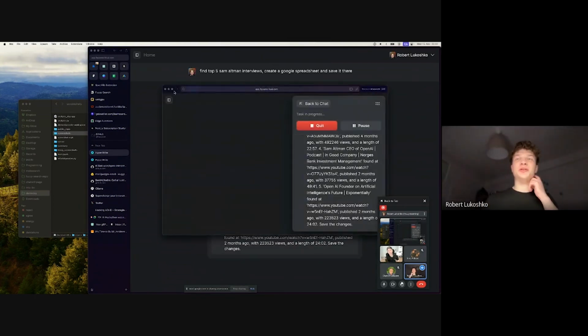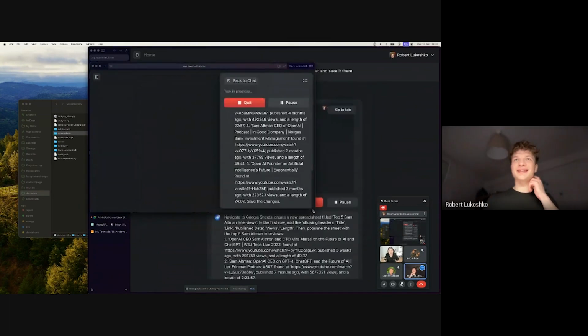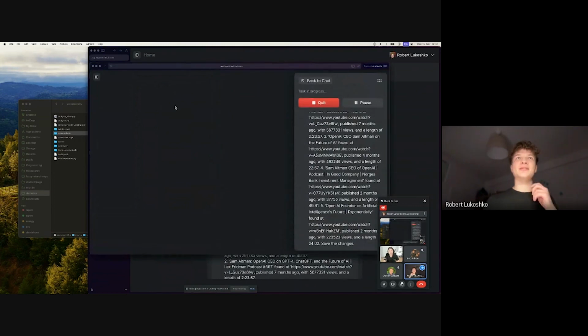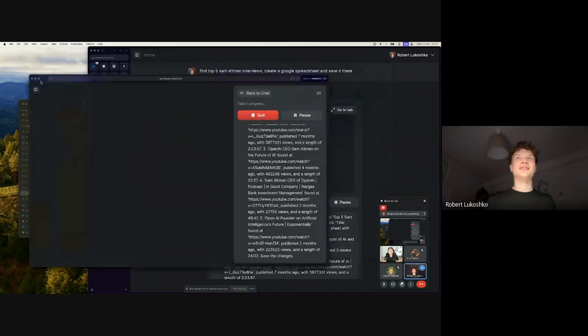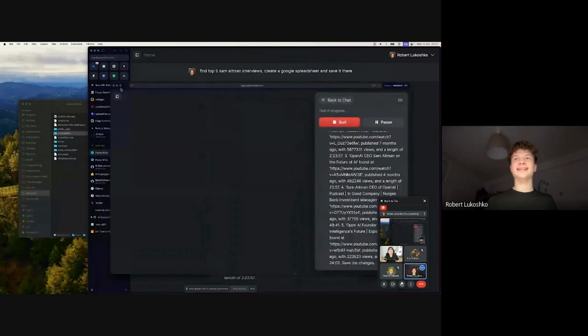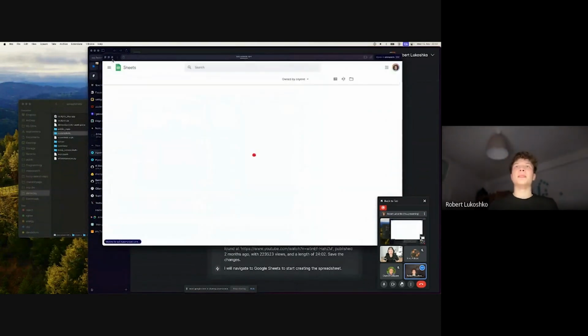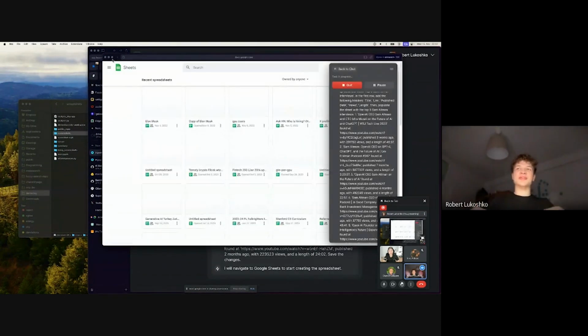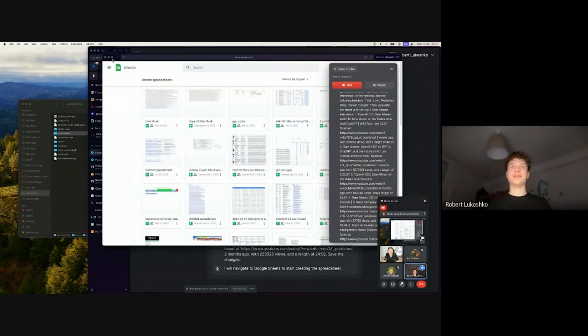oh, look at this. So Hyperwrite is working. It kind of has access to my browser and it starts to do some job. And yeah, well, oh okay, so it creates a spreadsheet. The magic happens.